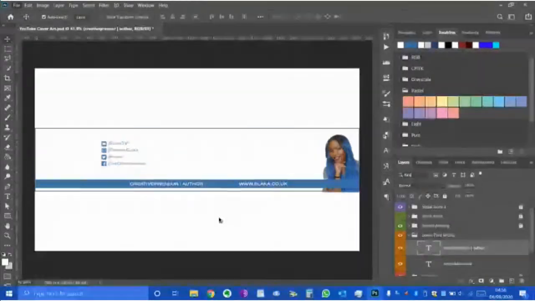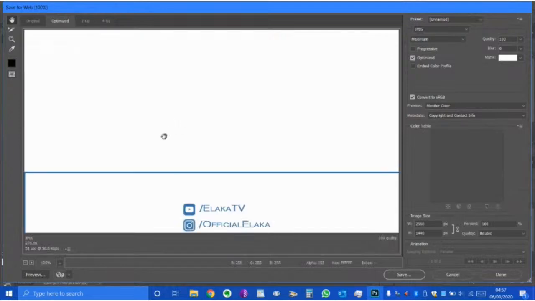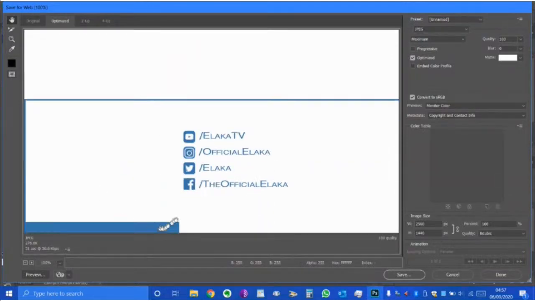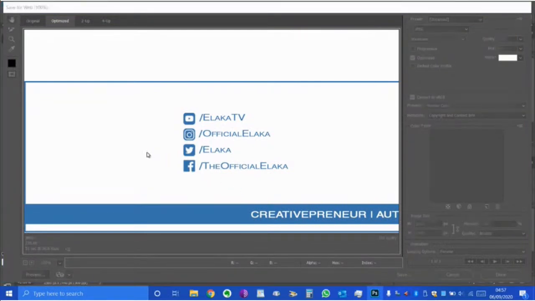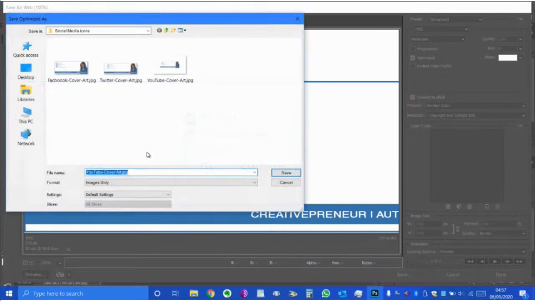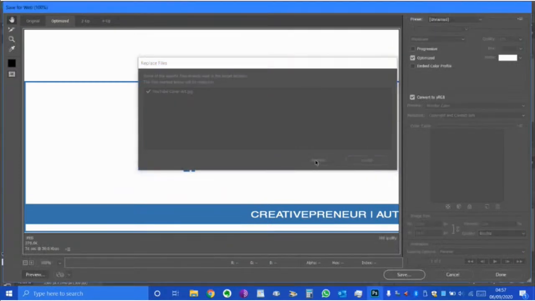Now, remember, I've kind of gone beyond the bounds of what it was showing me when I was doing the editing part of it. And so whether it's going to give me what I'm hoping I can achieve, that's another question altogether. And this is where you have to do a little bit of trial and error depending on the type of design that you're trying to create for your channel. So let's save that, replace it,